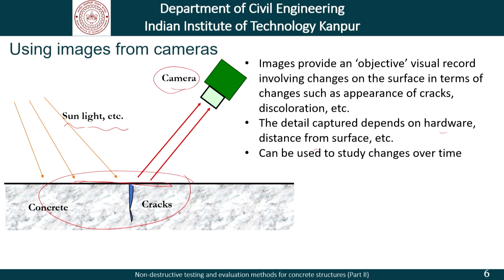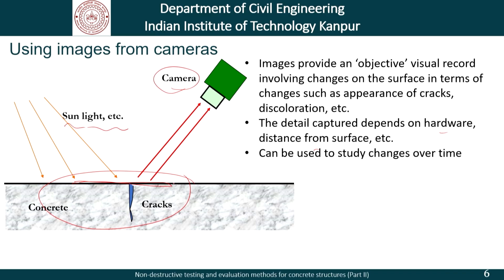Also, it can be used to study the changes in the surface over time, so long as we are able to keep some parameters fixed, for example, the distance and so on. That helps in studying the changes at a particular location over a period of time. This method can be very easily used in studying the changes on a road surface. Taking images today, taking images tomorrow, a year later, we can find out what kind of changes are happening on the surface of the road.